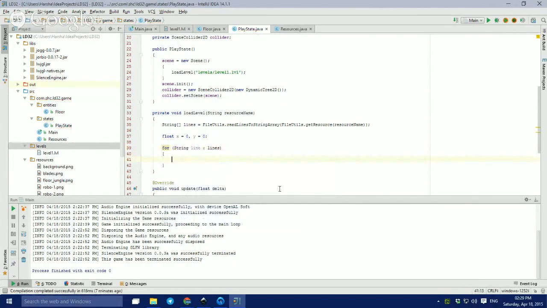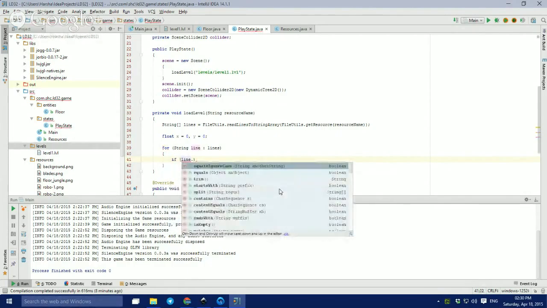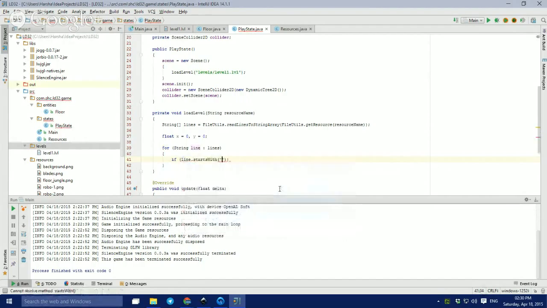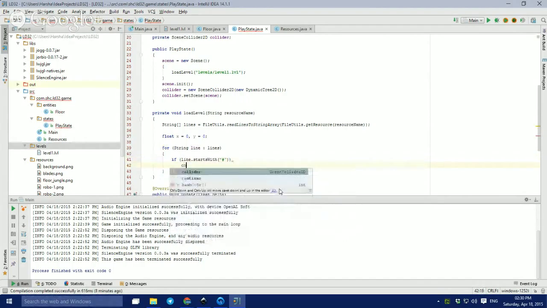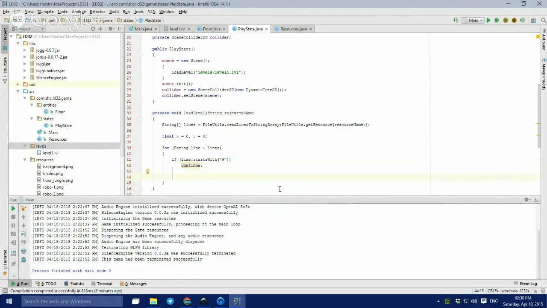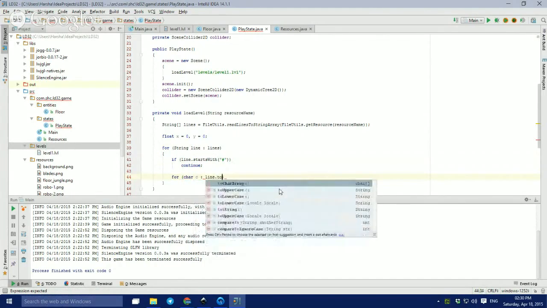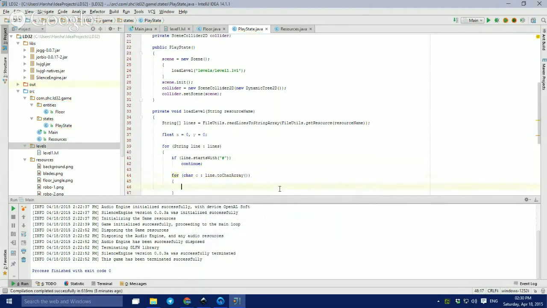For each String line in lines, iterate over every char. So we have to omit this line if it starts with a hash. If line.startsWith hash, continue. Next, or else for each character c in line.toCharArray, we'll just